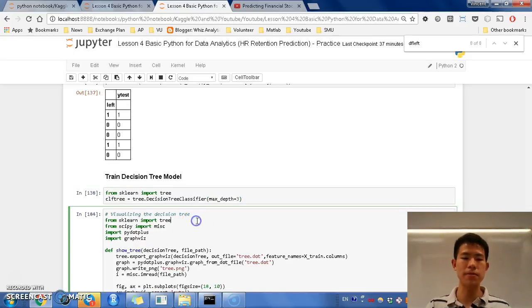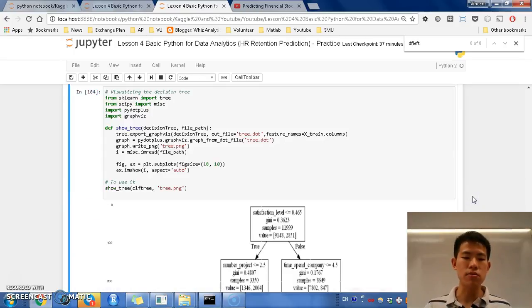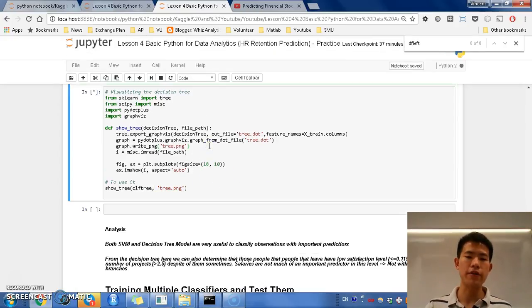Okay, so I run it, and I do have a visualization code here. I don't expect you to understand because it is quite complicated. It's another library called Graphviz. What Graphviz does is, given a representation of a certain model, it gives me a visualization. In this case, I want the visualization of the tree. So I save it as tree.png and show it for your use. If I run this now,